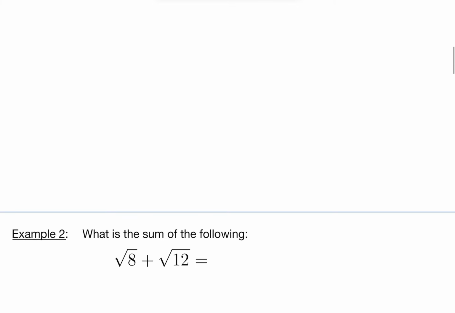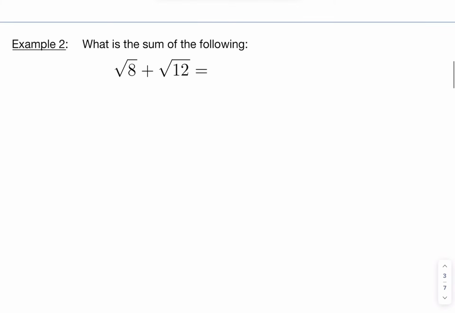Okay, now let's move on to example number 2. Here we have a situation where we're adding two radical numbers, but the numbers in the radical sign are not the same. Now before we do this problem, I want to make sure that everybody understands what this radical